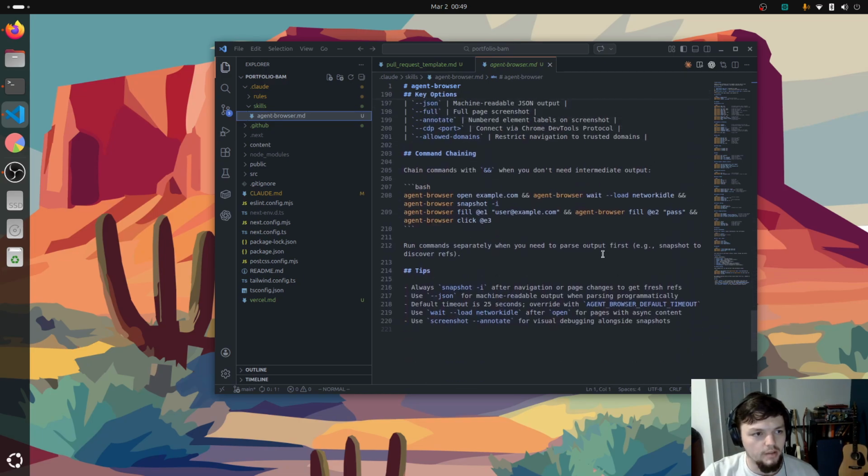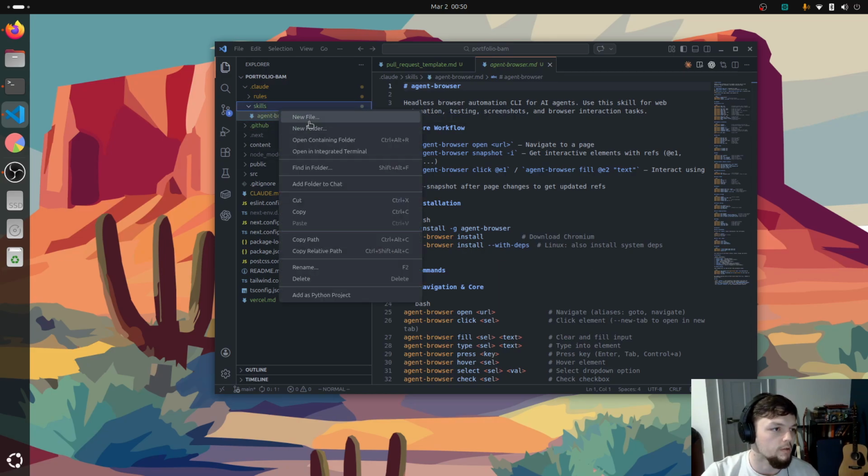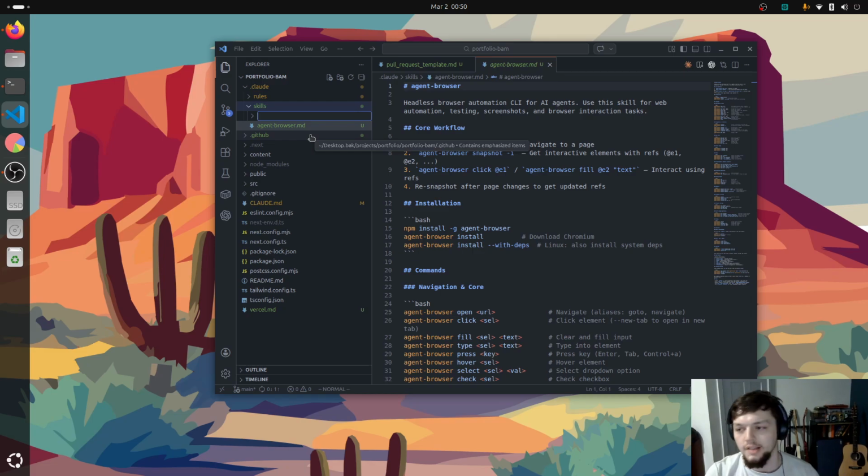And then it's got some tips and whatnot. So it has all the information it needs to use the Vercel agent browser, and we can make it lazy load this only when we need the Vercel agent browser. So that's kind of the power here. But one thing we got to do is fix this. So the subdirectory is what names the skill. So we'll say agent browser